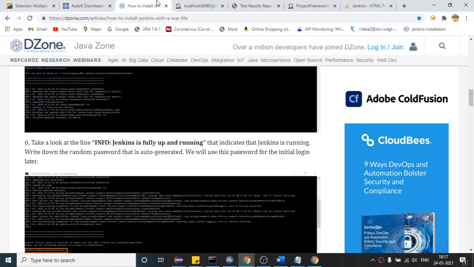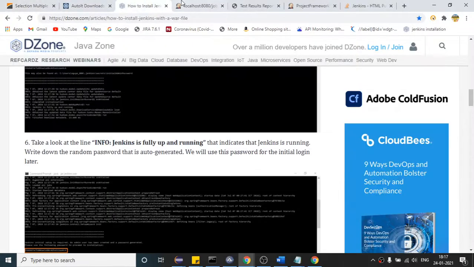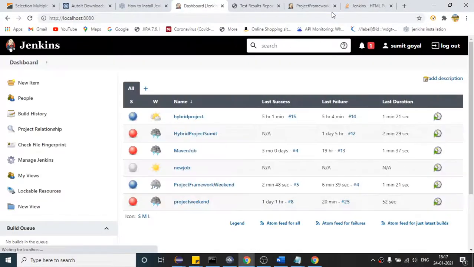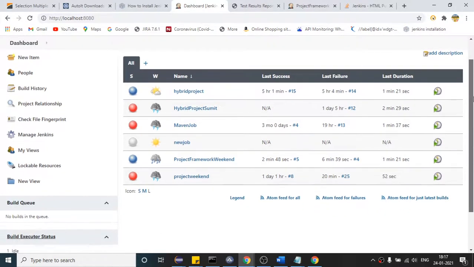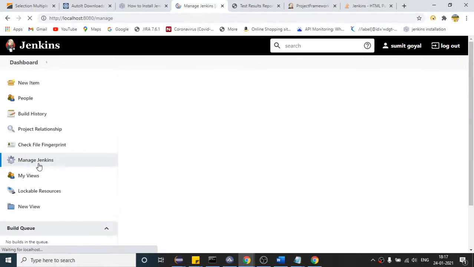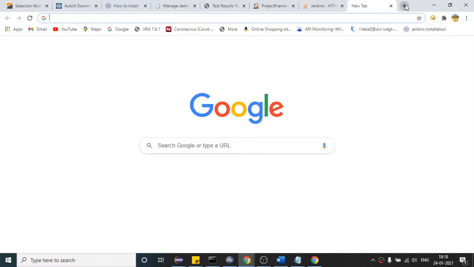So let us now see how we can send the email. If I open localhost 8080 again, so now I want to send the email every time my Jenkins code runs. So to do that, come to Jenkins, sorry, manage Jenkins, click on this configure system. This time the first one. So here when you come down, give me a minute.